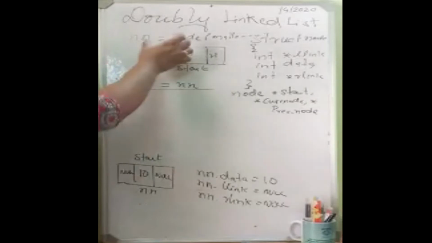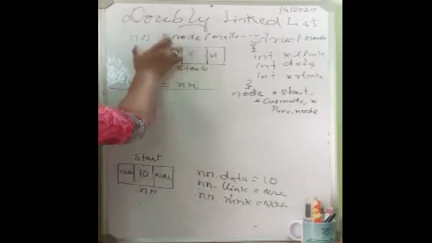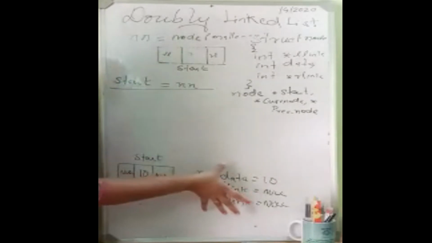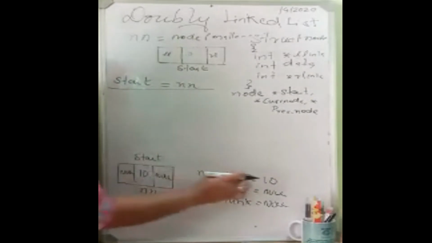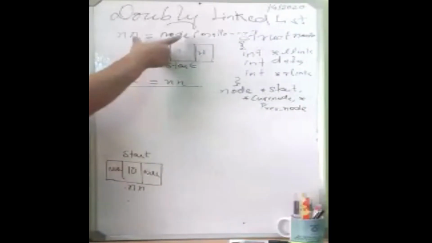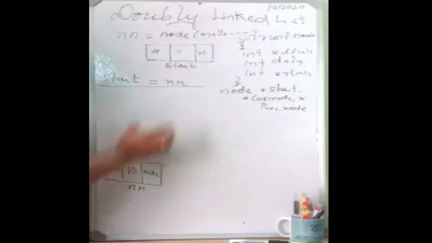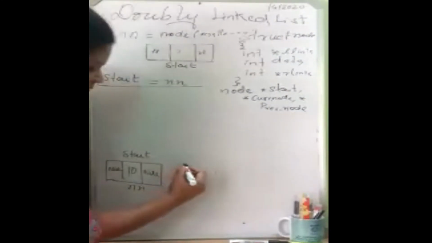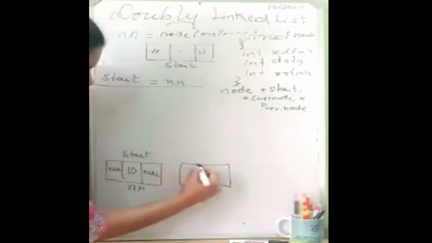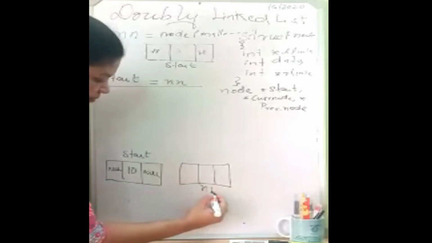After that, we are going to get the second node. The second node will have the same structure as before, but here I am going to store 20. The node I have created: new node dot data I assign 10, new node left link null, new node right link null, right? I'll get one more node here in the name of new node. Now this new node will come here.